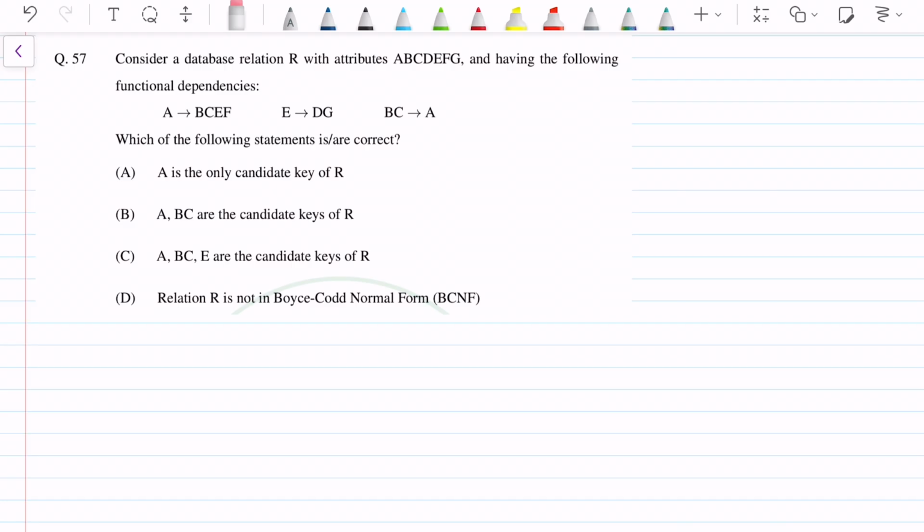Hey everyone, so let's see this question 57. तो इसमें क्या दिया हुआ है? इसमें एक डेटाबेस रिलेशन R दिया हुआ है with attributes A B C D E F G, ठीक है। And these functional dependencies are given, जिसमें A determines B C F, E determines D G, and B C determines A, ठीक है। ये तीन फंक्शनल डिपेंडेंसीज हमको दी हुई हैं।